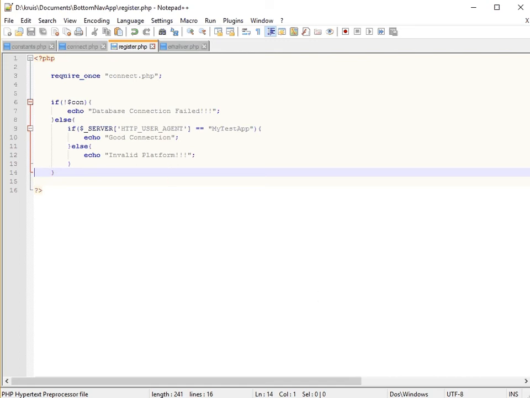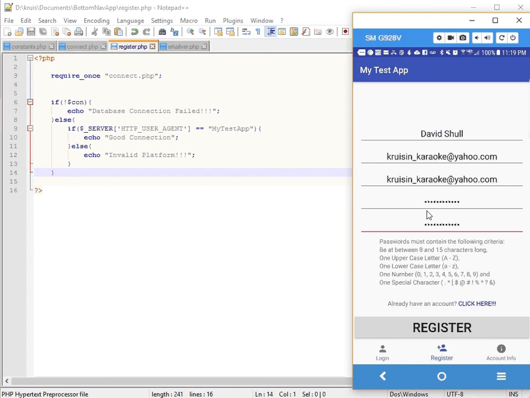Alright, so here's the good part, which I'm going to have to mess up here in a minute because I'm going to show you guys some stuff. If we go to our phone, right now we don't have that where the stuff disappears, so we can do all our tests and we don't have to worry about retyping it in. So I go ahead and click register. I should get good connection back because I set it up that way in here. So we click it and good connection. Now to show you that